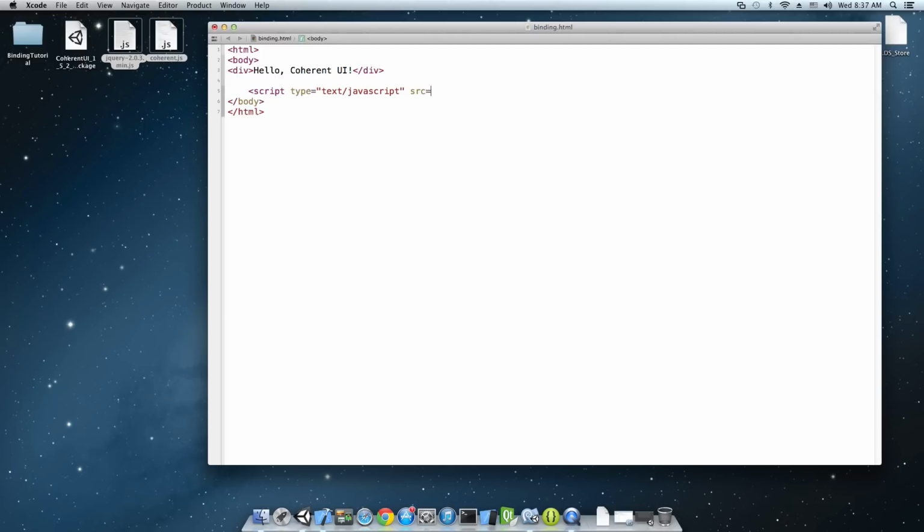The source will be JS/jQuery-2.0.3.min.js, and the script, and another script, again type text/JavaScript. The source this time is JS/coherent.js, script,